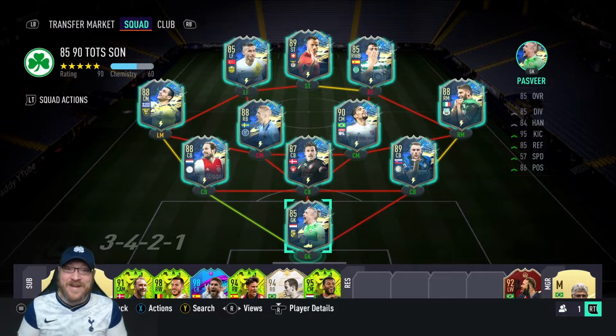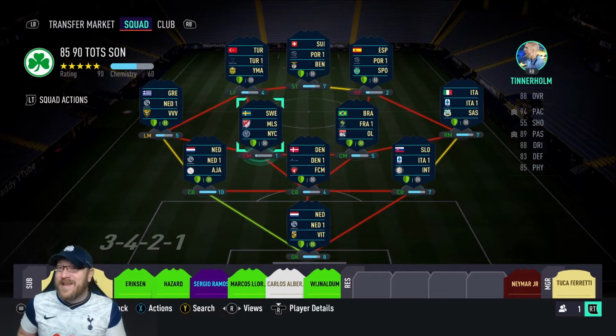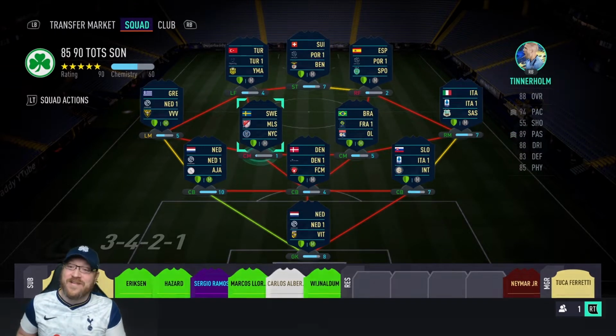So ultimately, this is what I ended up going with. I put it into a 3-4-2-1. I was toying between this and a 4-3-3. However, with the 4-3-3, you didn't have as many people on 7 chem, and with this one we do have to sacrifice some people. Like we've got Hierro at 1 and Pedro Porro at 2. However, our main attackers, Giakoumakis and Berardi and Seferovic,